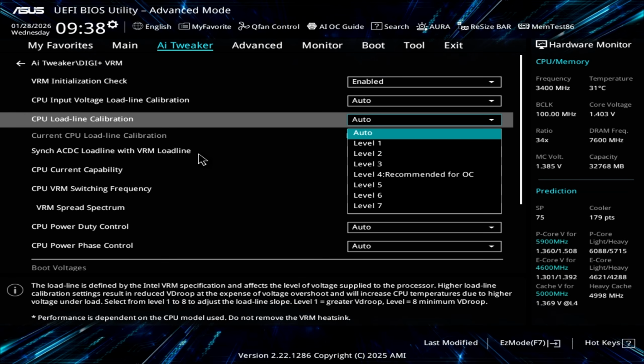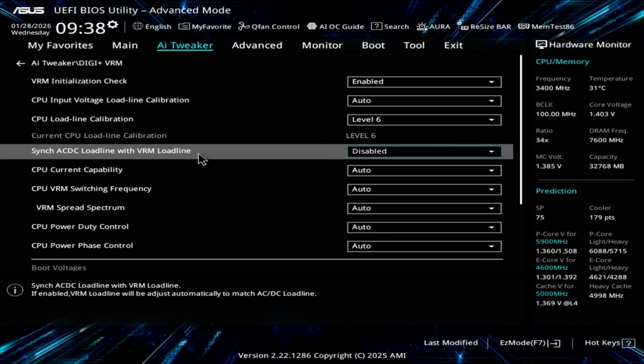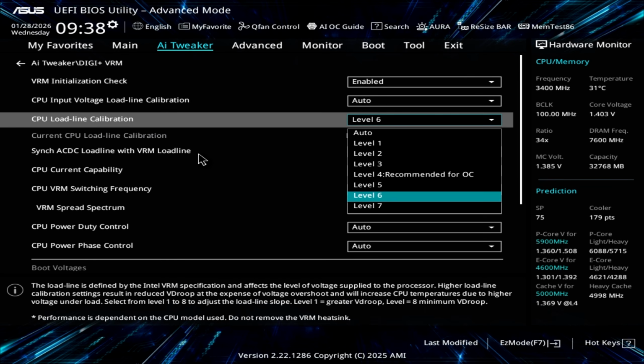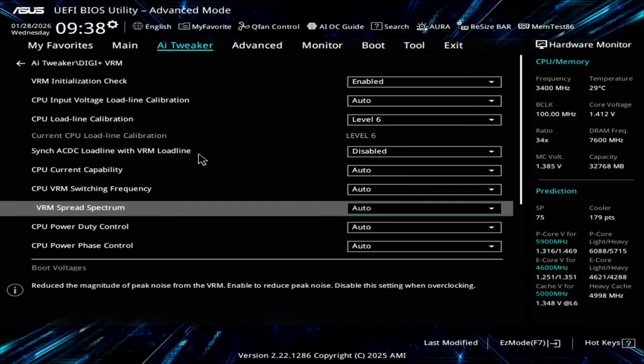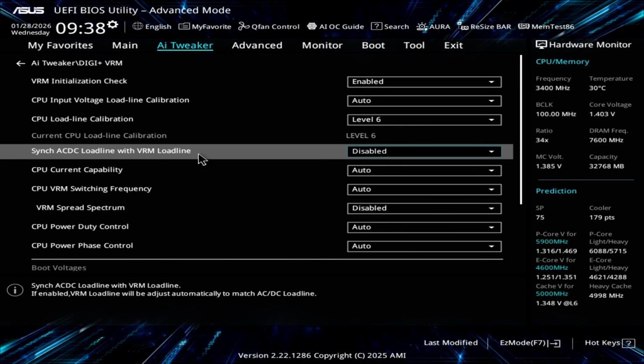GJ Plus, of course, we want level 6. I'm already at level 6. Who should be at level 3 by default? Level 6. Spectrum, we can disable it, but you can keep it enabled too. It doesn't really change anything, but yeah, I disable it. This is good enabled, but for people that don't have an MSI and maybe will try to do what I do, this is not mandatory, okay?